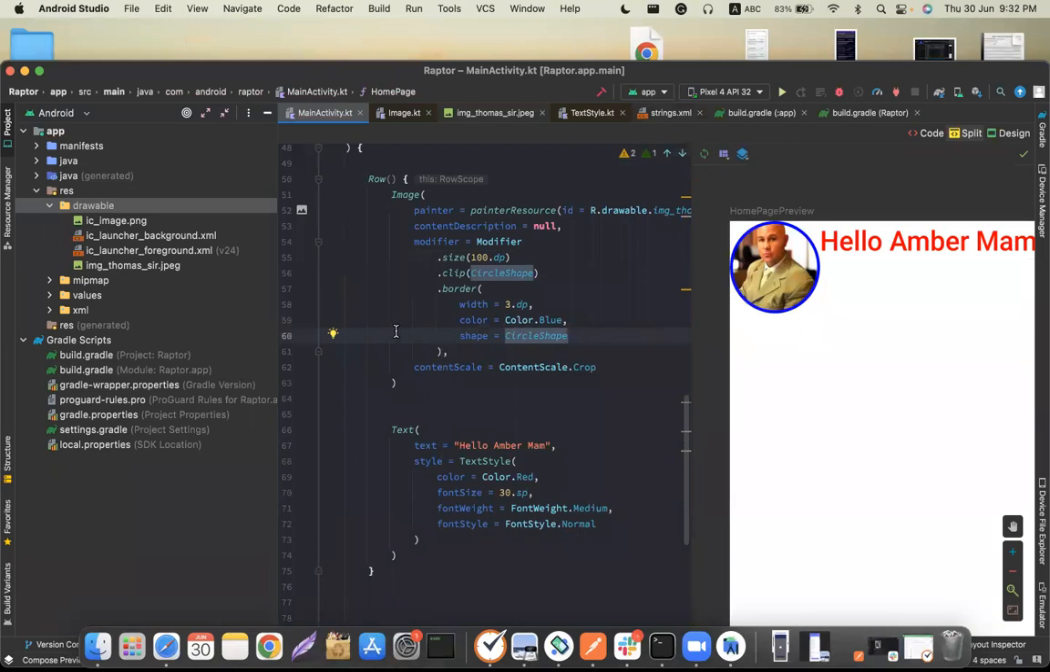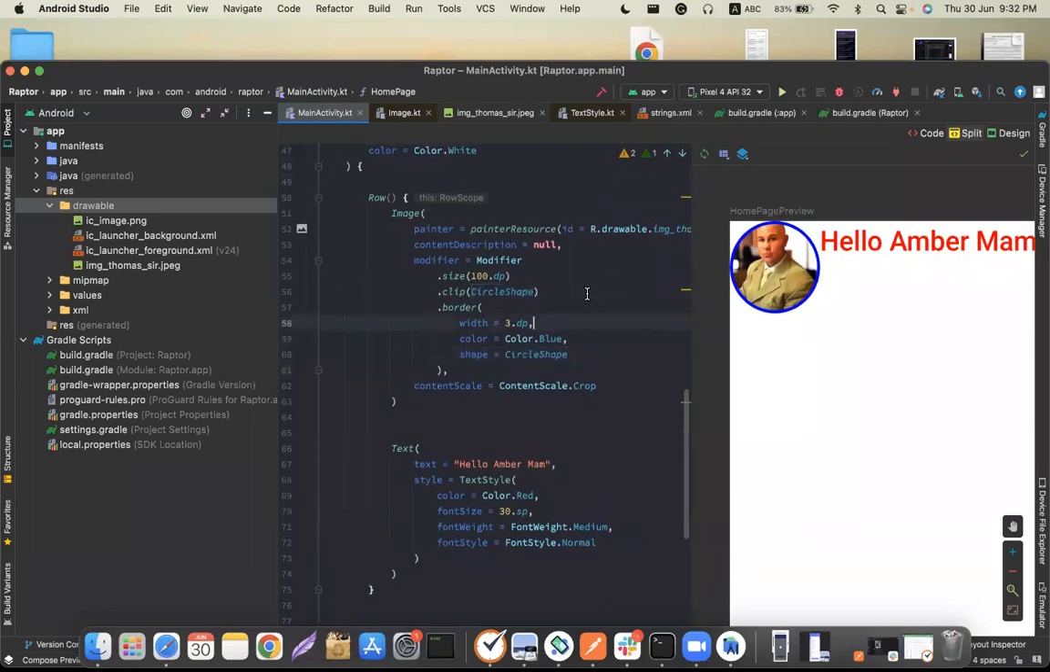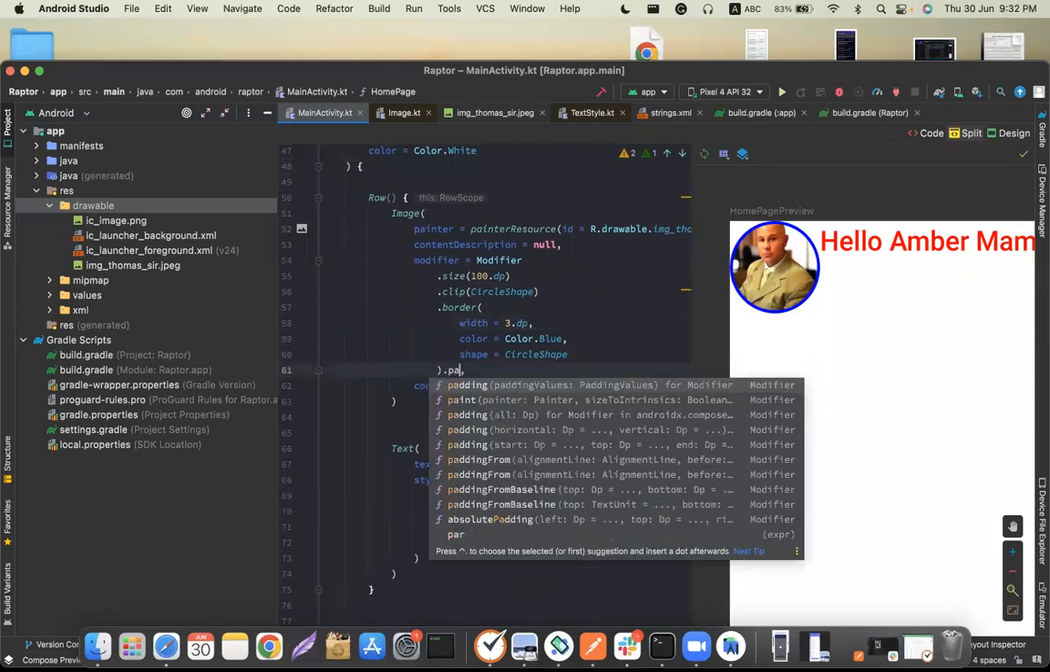James, if you provide 1 dp padding to the border, I think it will look a little bit better. The image and the border will have a little gap into the center. Yes, sir. So I'm just adding padding on it. Yes, it will look good actually, I think. Okay. So to add more padding,